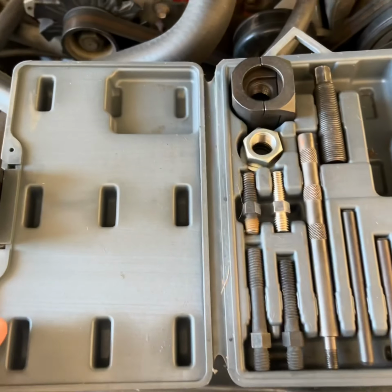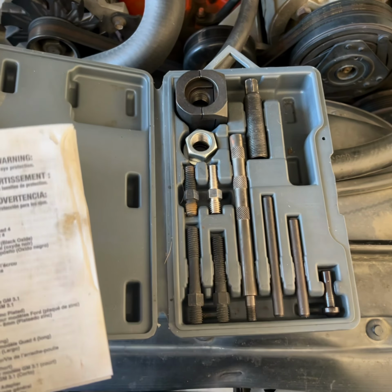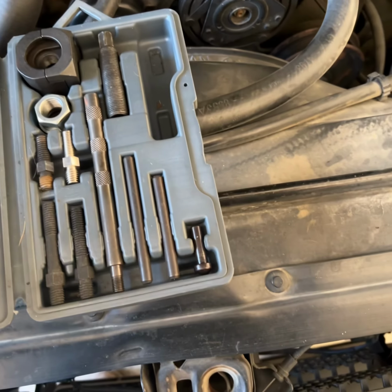Comes with several different adapters, and I'll show you how it works. And it comes with a good set of instructions. The thing's supposed to have a lifetime warranty. But